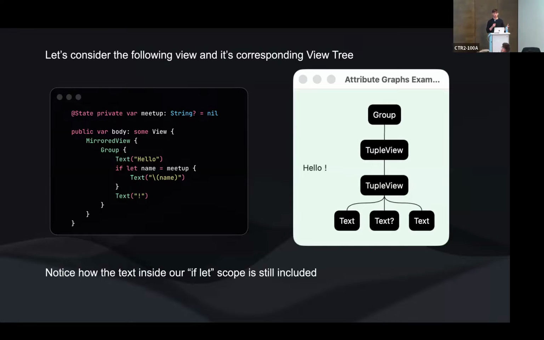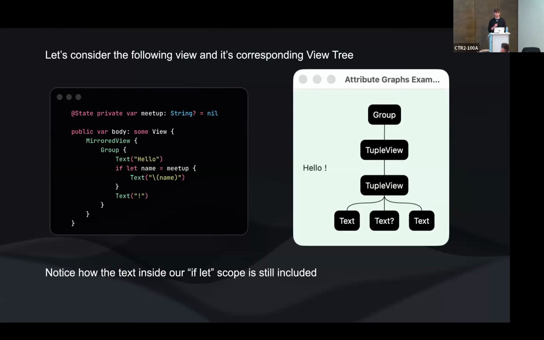We have a state property called Meetup, which is an optional string. If this string is nil, we're going to be showing a text in our view. So inside the body of our view, we've wrapped everything in something called MirroredView. MirroredView is a helper that I've created that uses the Mirror API from Swift. So it uses reflection to allow us to check objects at runtime. And that's what is allowing us to construct these view trees that we've seen in the previous few slides